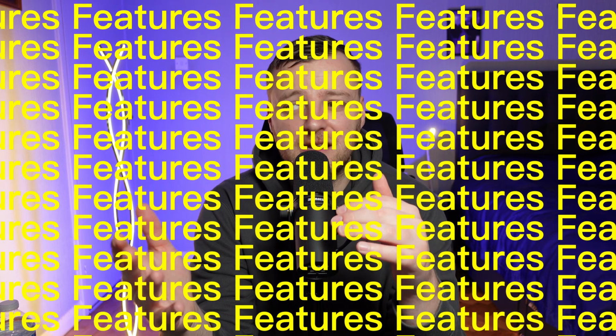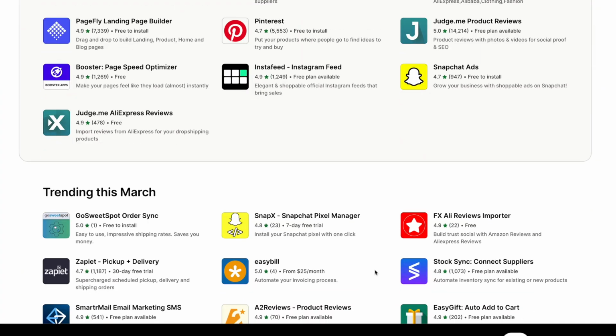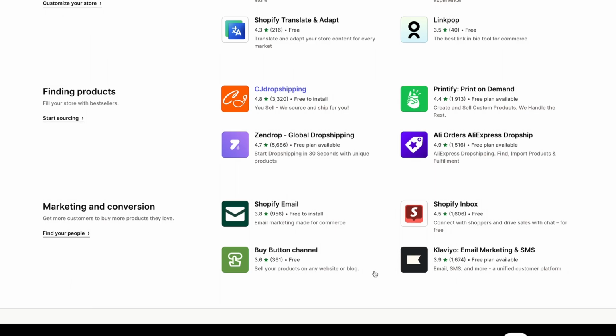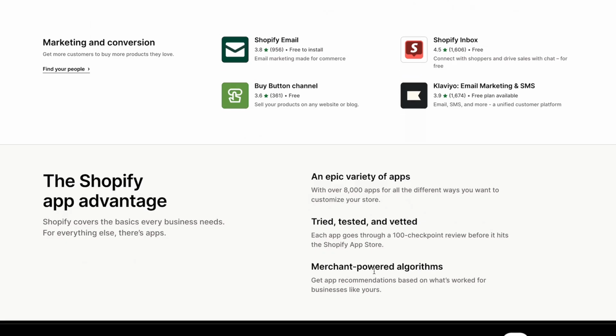Number 9 on our list is people adding too many apps to their store. While apps can be useful in providing additional functionality, it's important to strike a balance between adding extra features and cluttering your site, which can lower loading speeds and impact the user experience. With thousands of apps available on the Shopify App Store, it can be tempting just to add as many as possible to your store. However, it's important to be selective and only add apps that provide real value to your